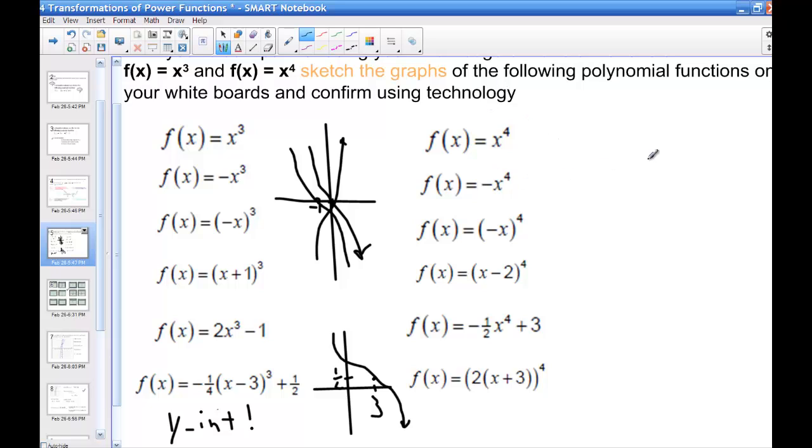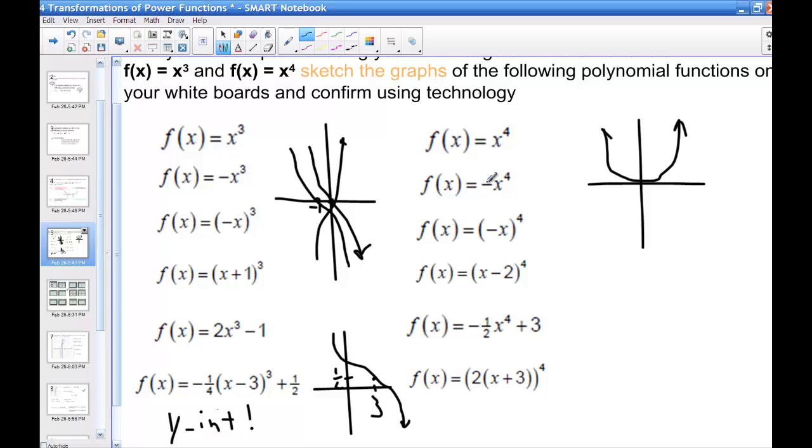Okay. X to the power of 4, which is a quartic function, looks very similar to a quadratic function, only a little bit wider here on the curves. And the idea will be the same as if you were transforming a quadratic function that we're talking about. You'll be reflected over the x-axis, okay, because it will change. So here it's like here